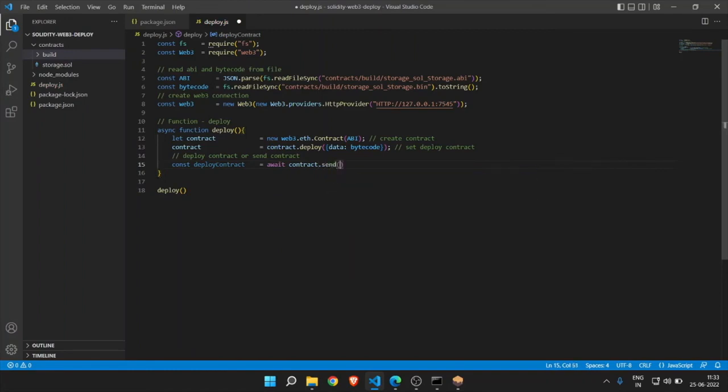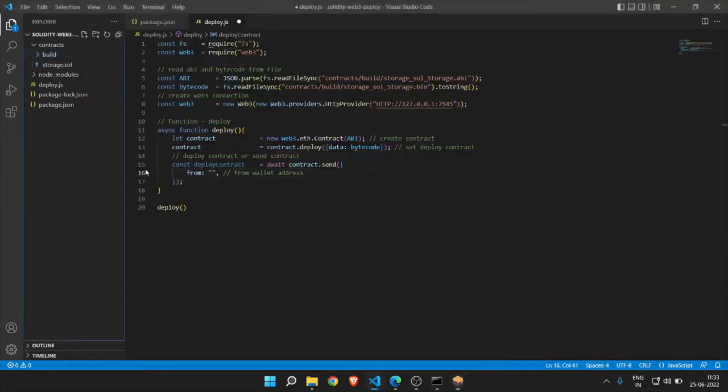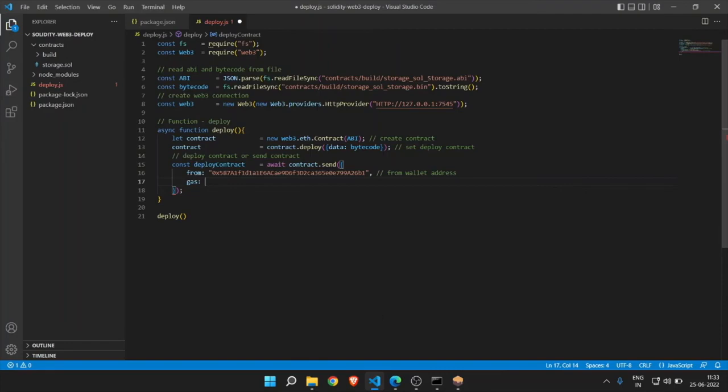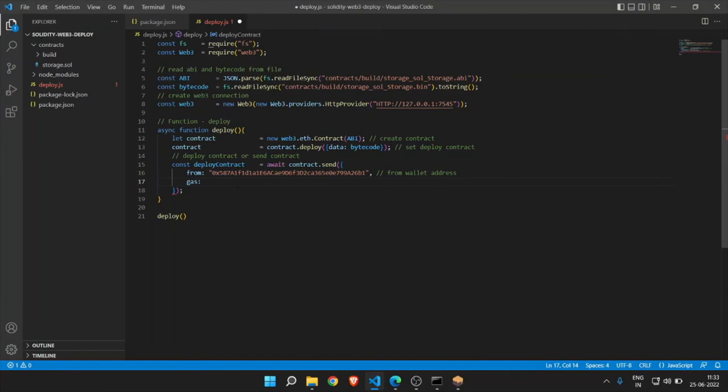and in this you need to pass two parameters. One is the from address, that is the from wallet address, and you can use any of these. So let's copy this first address and paste it here. Okay, and then the gas price or the gas fees. So you can go here, and this is the gas fees. Copy that, paste it here. Okay,